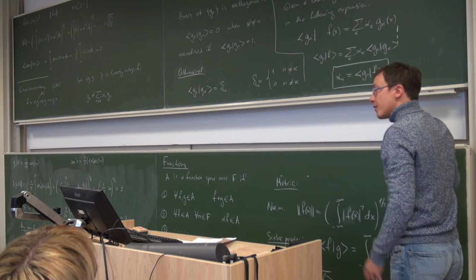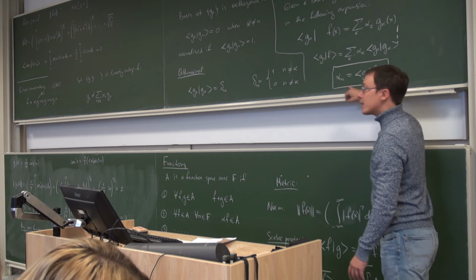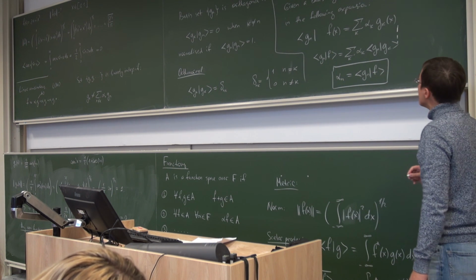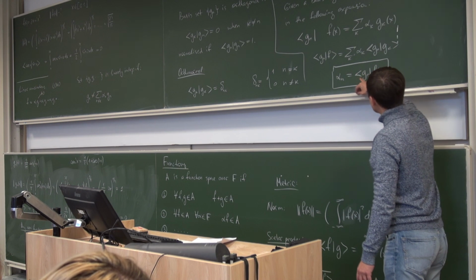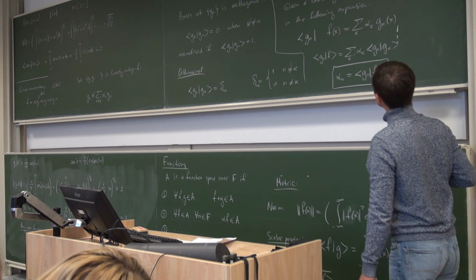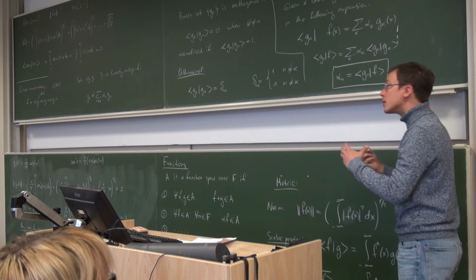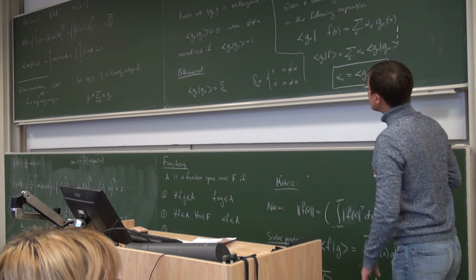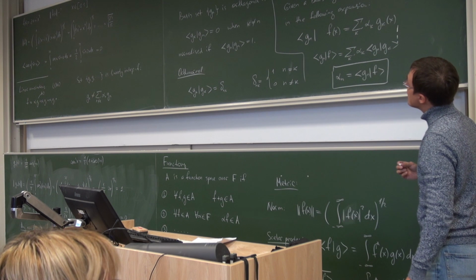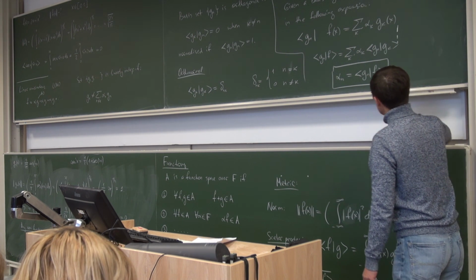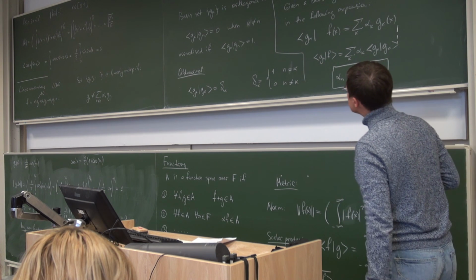At the level of notation, at the level of this bracket notation, there's absolutely no difference between functions and vectors, but of course once you go inside of what this bracket actually means, for vectors it's an element-wise product and the sum, and for functions it is an integral of the corresponding product. Okay, so these are the metric function spaces, and we will